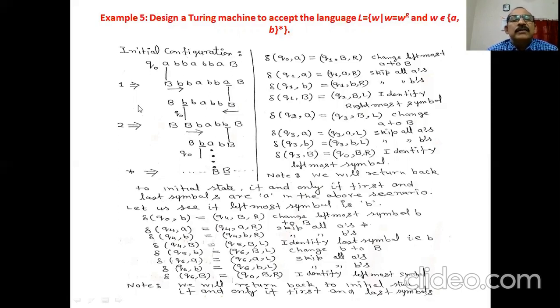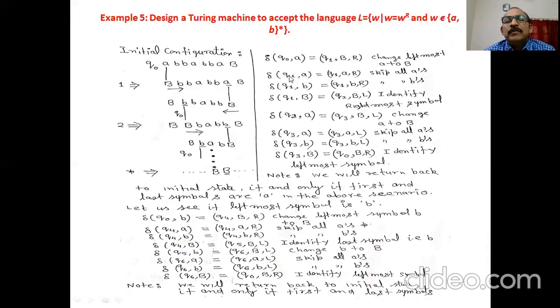So let us see how we will implement these techniques in terms of the movement of the Turing machine. The machine in the initial state, if a is encountered, or it may be b. Let us, in this example, say a is encountered. We replace this a by a blank symbol, and the machine goes to state Q1 and moves in the right direction. Next step, we skip all a's and b's until the blank is encountered. And how will we do this? With the help of these two transition functions.